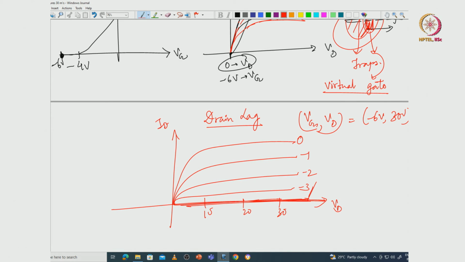Now what happens is that I go to this point, for instance for 1 microsecond I measure, then for the next 100 microseconds I will come back to this point, which is at 30 volt of drain, and the gate is at -6 volt. -6 volt on the gate means that it is below pinch off, and 30 volt on the drain means that this is your gate and this is your drain, and this is a 2DEG. Now this is -6, so it is pinched off here, and the drain is at 30 volt. So there is a lot of field